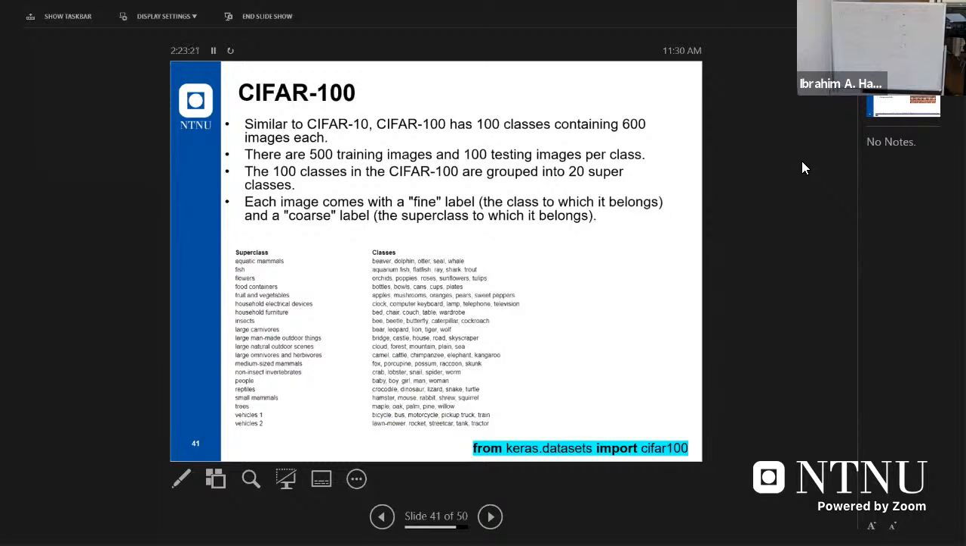You can get it from keras.datasets and import CIFAR100. And I guess it's, I don't know, is it 32 times 32 or 64? CIFAR10, 100, I don't know the image size. What is the image size of CIFAR10? So whatever, I mean,